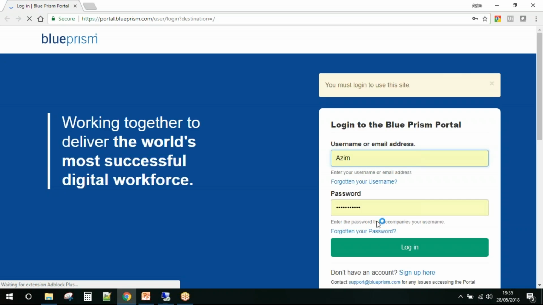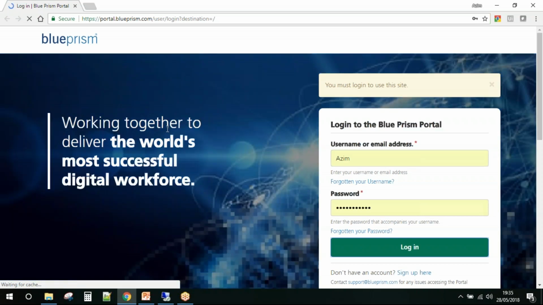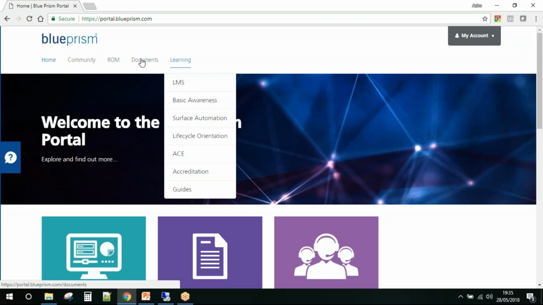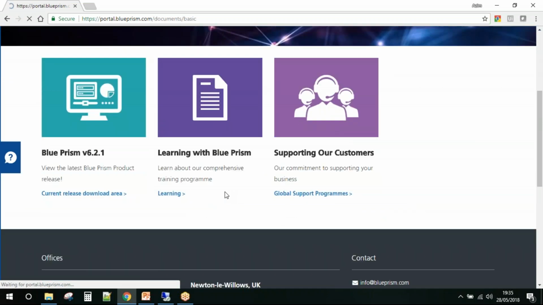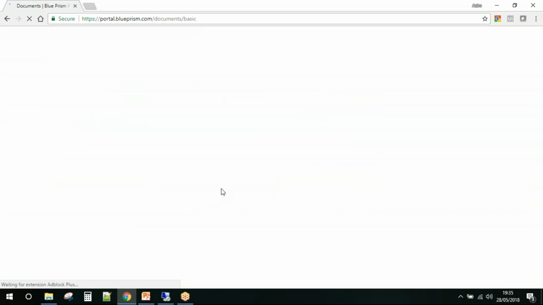So go to the portal, sign up, go to the learning section, and start reading. If you go into the documentation side, there are so many documents it'll keep you busy. That's quite an important aspect of it.